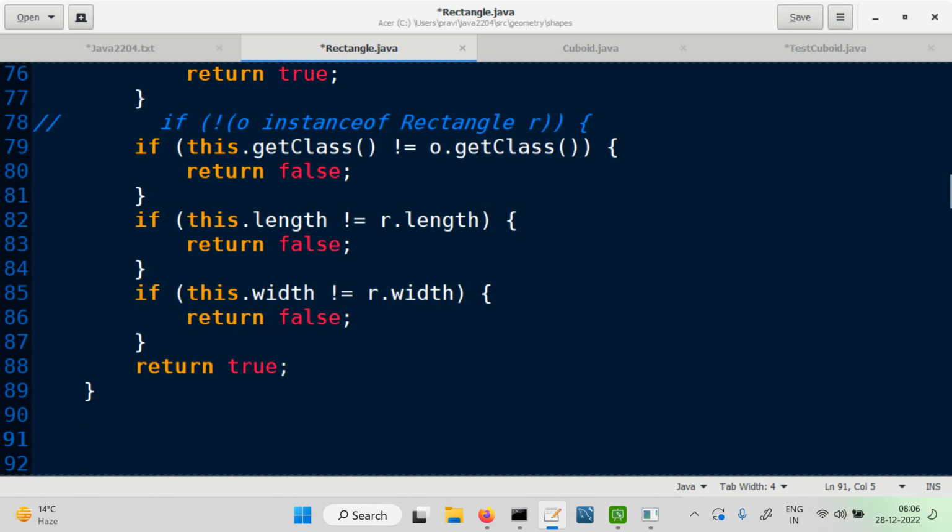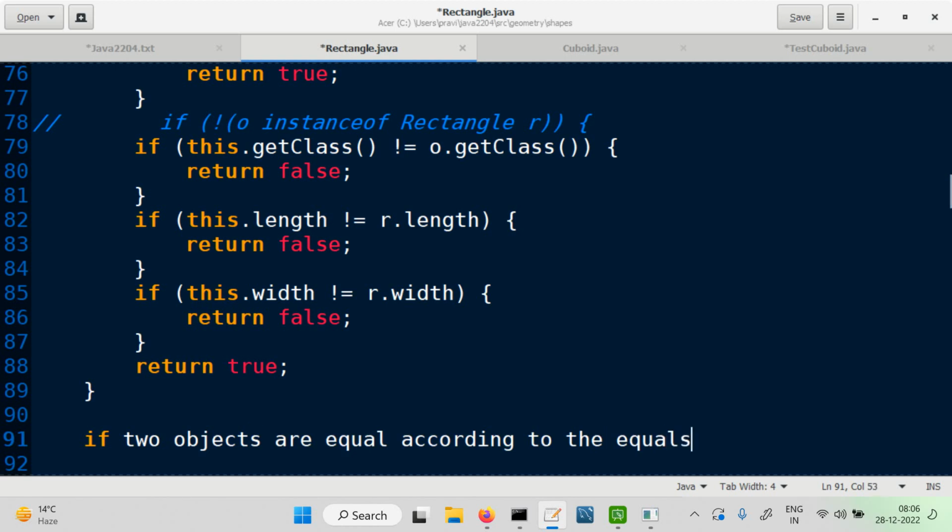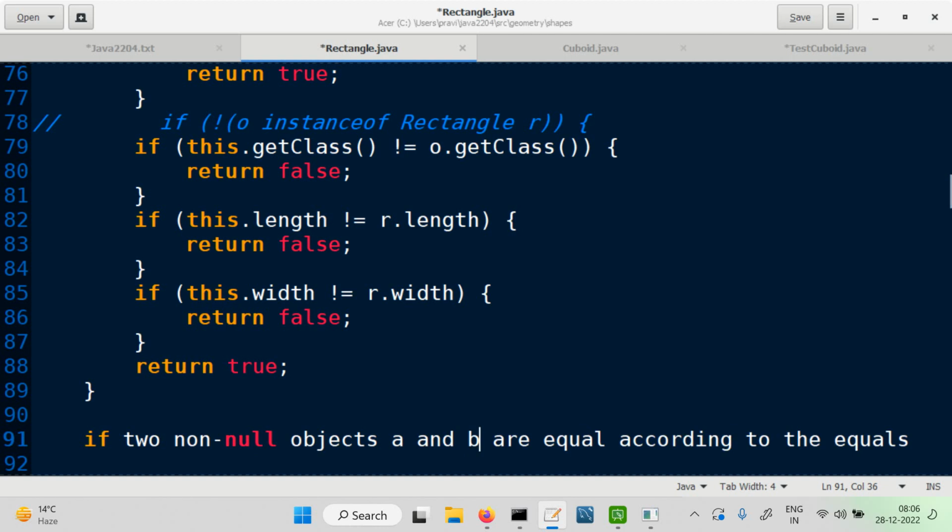So the requirement is, if two objects, let me say A and B, non-null objects, are equal according to the equals method, then what is expected here is